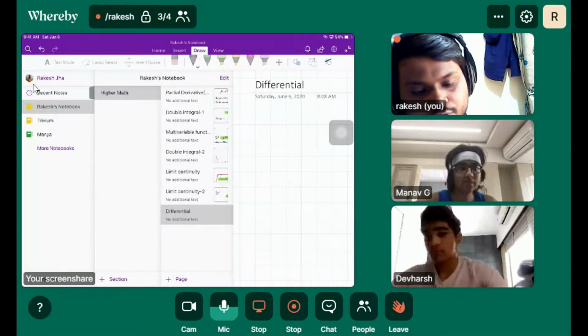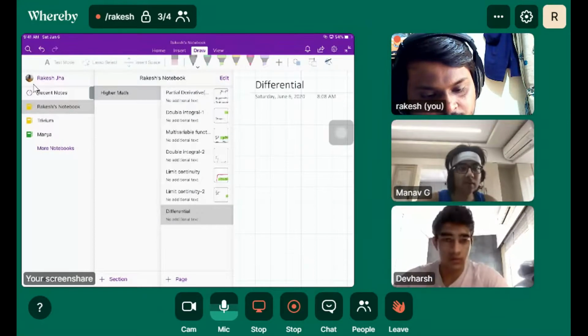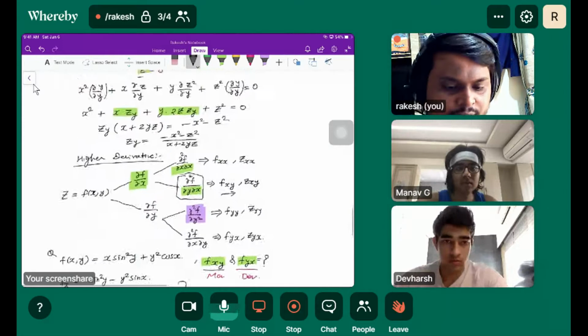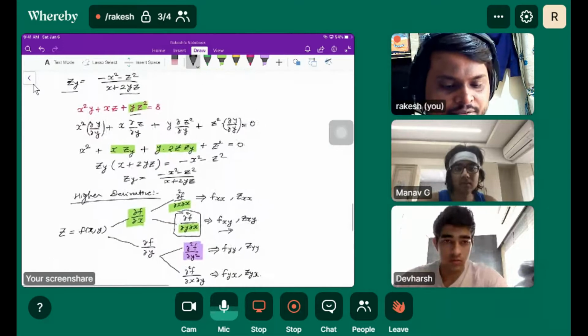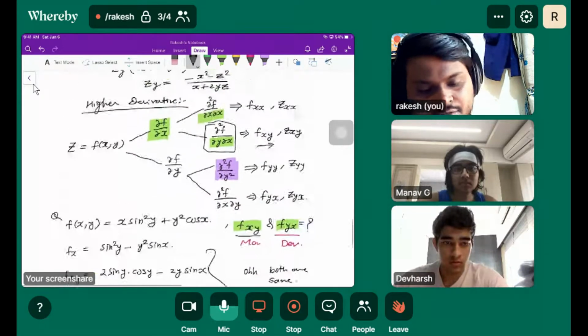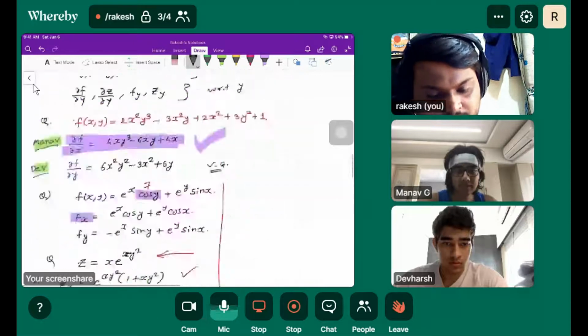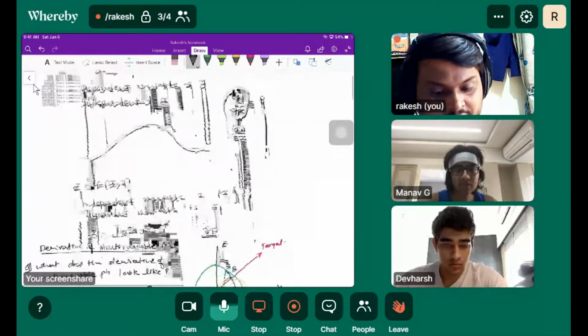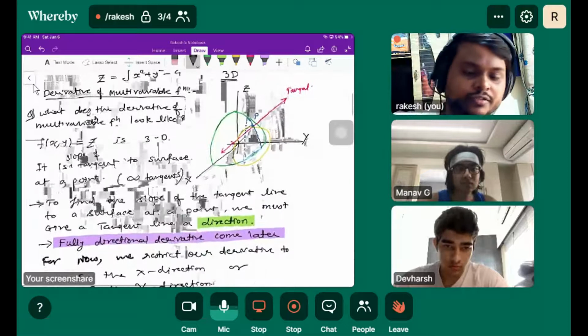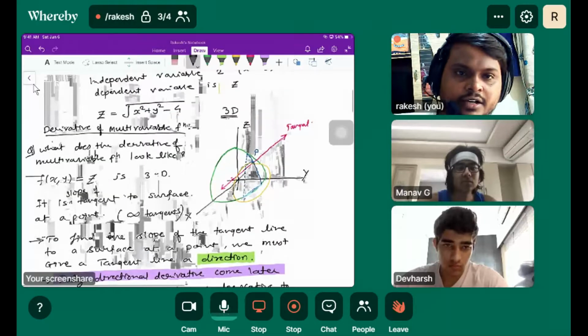Yeah. So this was the first. So we will continue from this. We have done with higher derivative, right? We started, if you want to recap the demo class, with multivariable function. Now the definition is very much clear. You will not be afraid of seeing it. Can you see the screen properly?